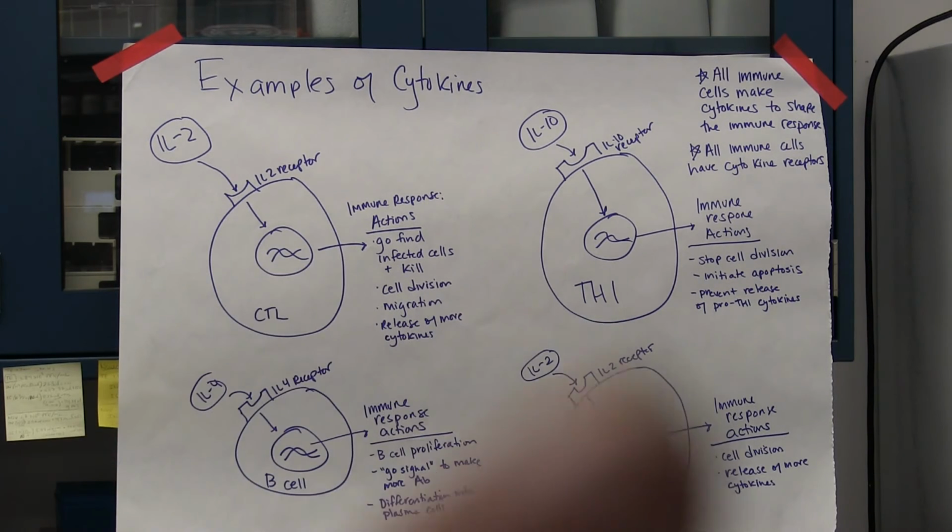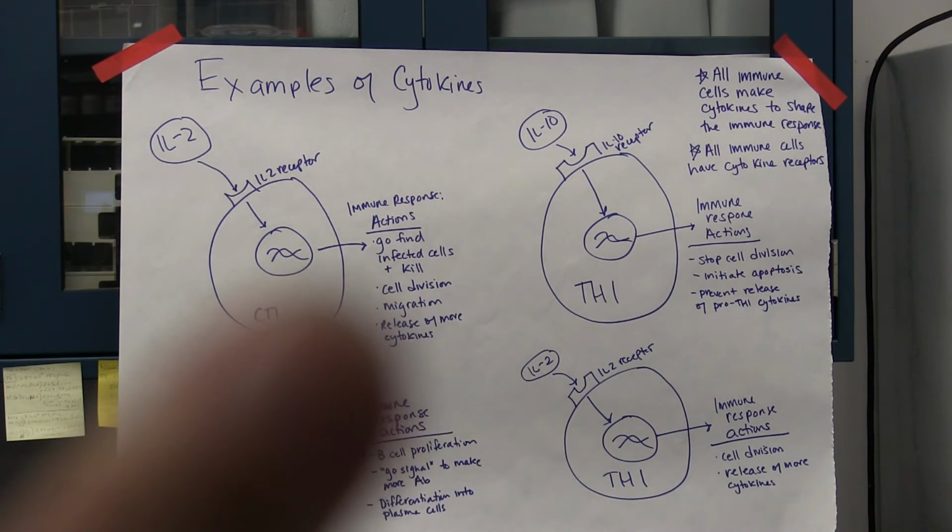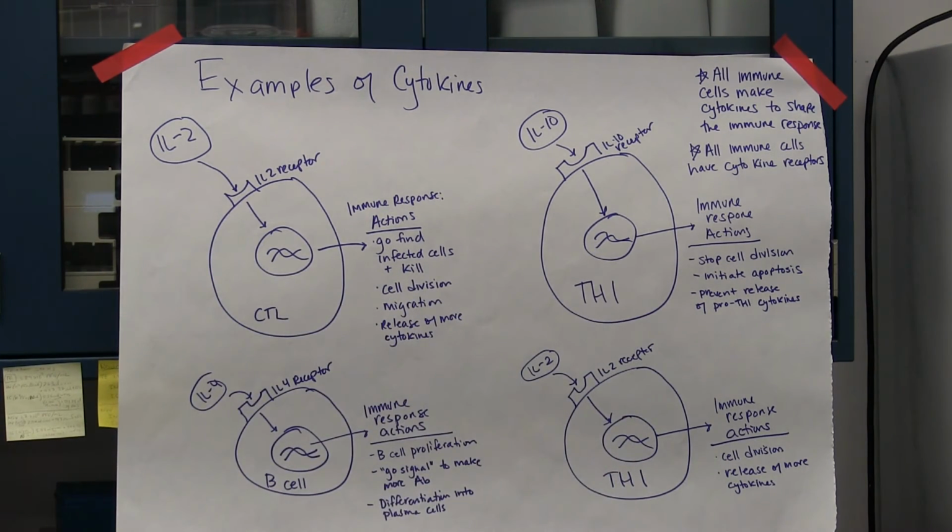And then in our last example over here, I just wanted to point out that these receptors are not necessarily on just one kind of cell. So I've shown here that the IL-2 receptor is not only on the killer T cells, like in our first example, but it also can be found on the Th1 cells. So it's very similar to the killer T cells. The IL-2 will bind to its IL-2 receptor on the helper T cell. Transduction will happen, the signal will be brought into the nucleus, genes are turned on and off, and a specific